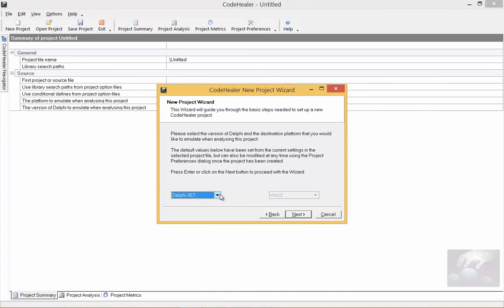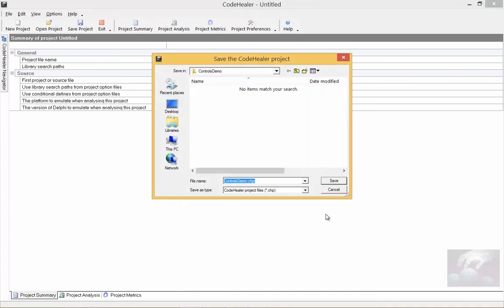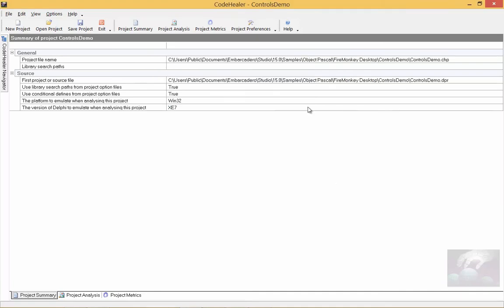CodeHealer automatically detects the version of Delphi, the most recent one that's been used to build the project, but you can override that now or at a later stage in the project preferences. We can leave it as it is for now. And that's basically it. We now save the CodeHealer project in the same location as the Delphi project file, and